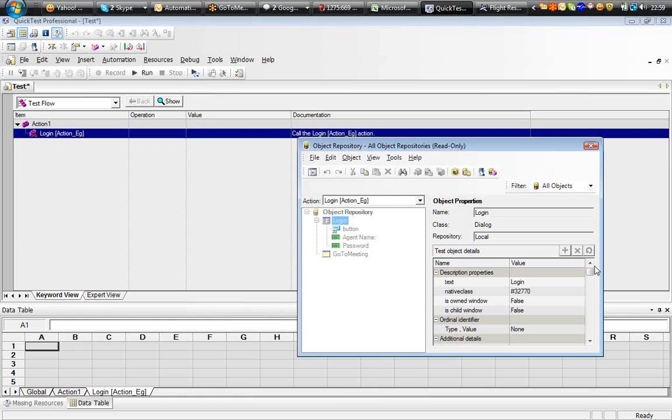Okay, I'm sorry. Let's go back to where we were. So now you can see how I have called this login action. Okay. So this object repository is also called, all right? Yes. And one more thing,